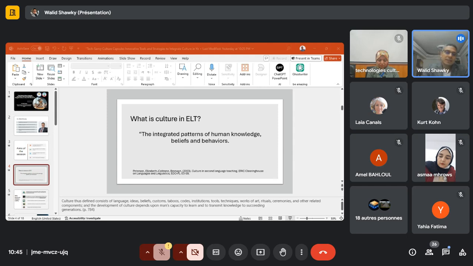The other reason is that the significance of culture in English language learning extends beyond our ability to use the language, okay? It's actually affecting the students' motivation and perception of the language. Some students sometimes have negative attitudes towards a specific culture or specific country. So in this case, it's very difficult to motivate these students to learn the language.